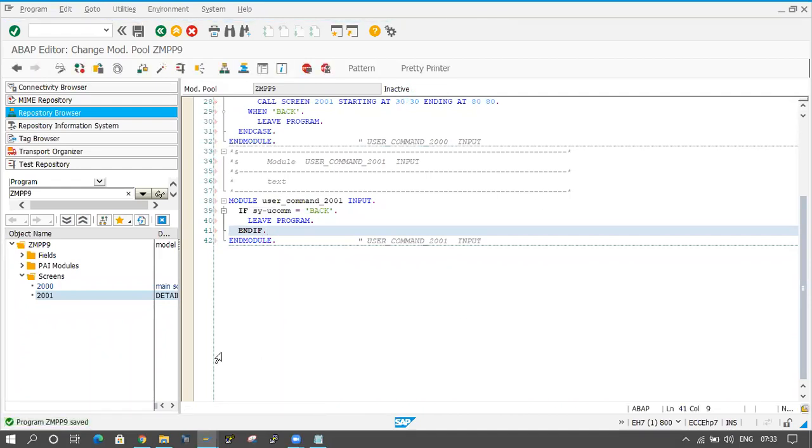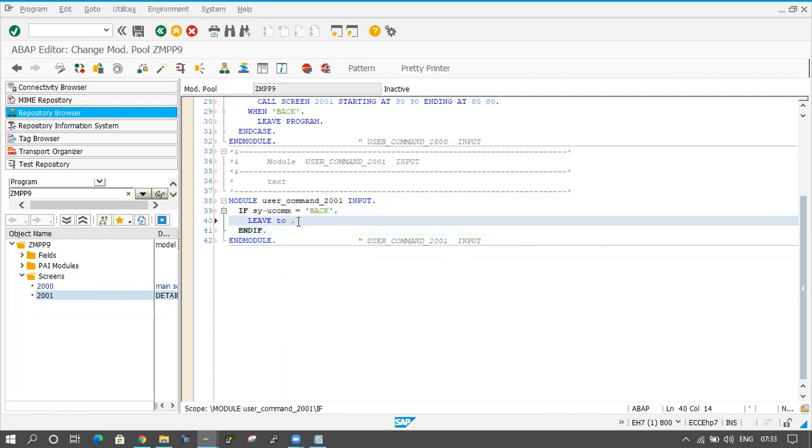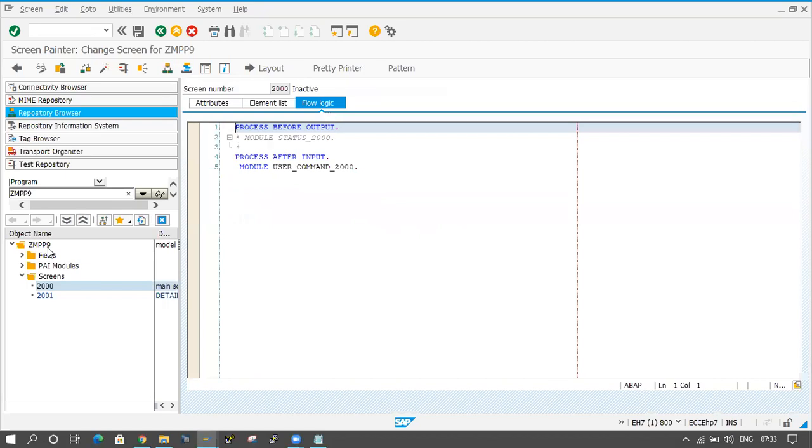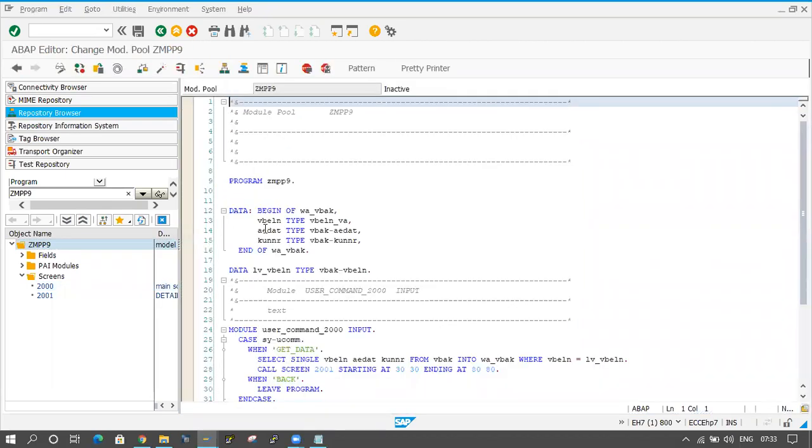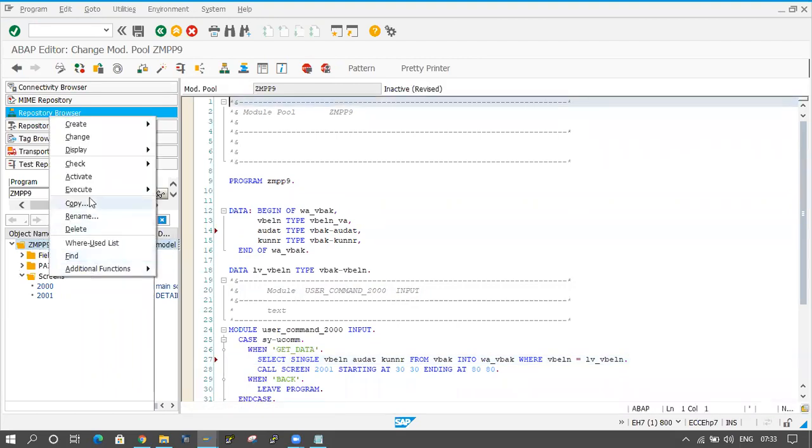If I click on back button, I have to go to the previous screen, right? Leave to screen 0. Previous screen is there, so leave to screen 0. I have to write here, and in the main program I have to take AUDAT in place of AEDAT, and here also AUDAT. Double click on the main program, check it, activate it.